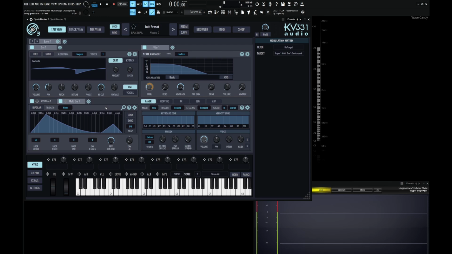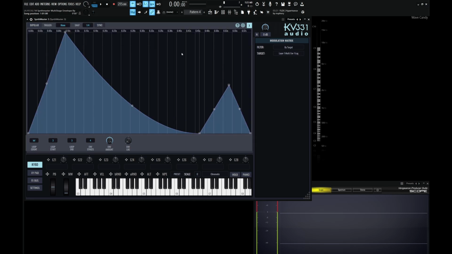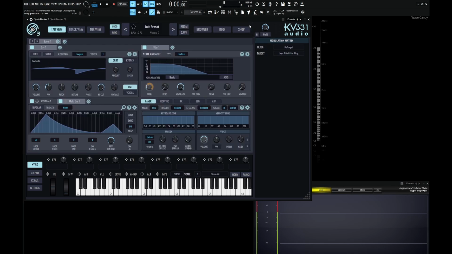So that's basically all there is to this multi-stage envelope. It's rather simple to understand, but it's also very useful if we want some very custom types of modulation. And the last thing I'll leave you with here, if this window here is a little bit too small to start working in, we have a magnifying glass that we can click here, and we have a much bigger window so we can really fine tune and adjust our modulation. And to exit this, we go to the X right up here at the top right, and we're back here